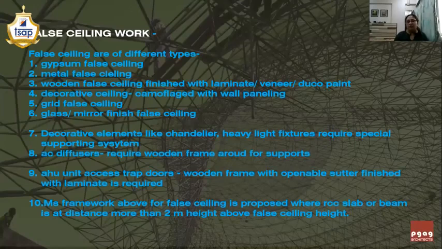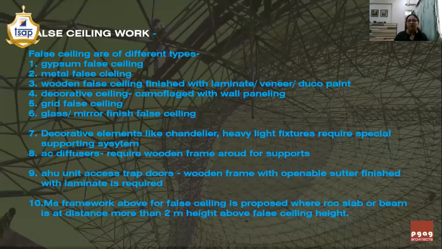The above false ceiling members can be out of wood or can be out of MS, depending upon the load of the chandelier, depending upon the heavy duty load carrying capacity of the material, and depending upon the height at which the contractor needs to construct the false ceiling.